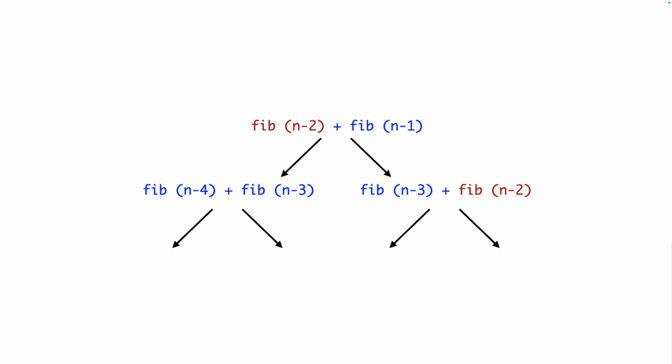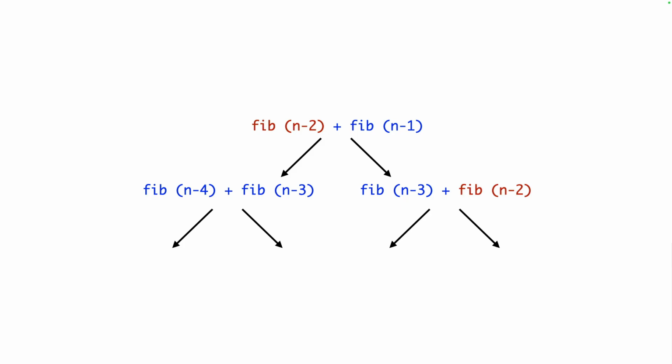But crucially, what you see here is that we have to calculate fib n minus 2 twice. So we'll do a whole lot of repeated computation. And each of those n minus 2's will have us calculating fib n minus 4 twice. So it turns into an exponential computation. For each 2 we subtract, we double the number of times that we compute that fib. And so you can see that's going to make it tremendously inefficient. And we can see that by dipping into